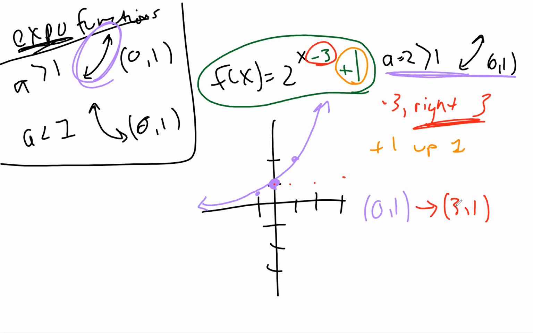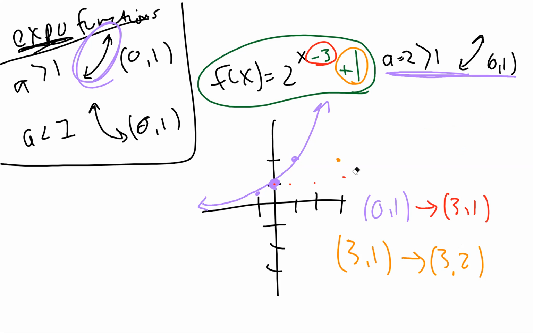Okay, so then now we're going to say, all right, well, the next thing that happens is I'm going up 1, right? So if I start at the point 3, 1, and I go up 1, where am I at now? Well, aren't I at the point 3, 2? Okay, so the new point where I draw my line through is going to be 3, 2. So let me get rid of some of these dots. So I go to the right 3, and I'll go up 2, and here's my new point. And I already know what it's supposed to look like.